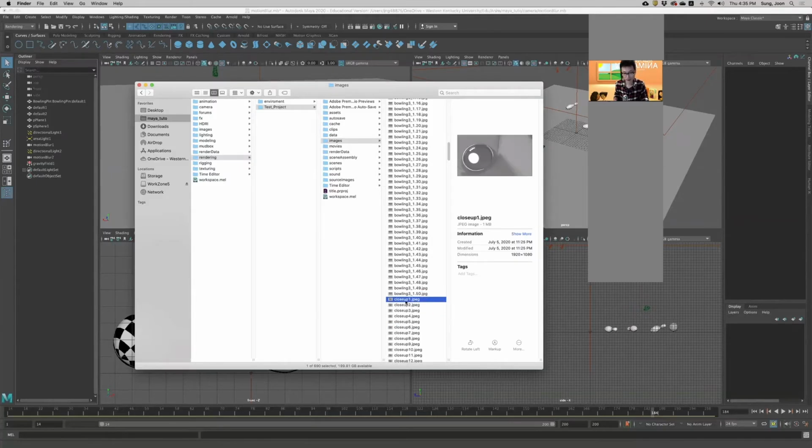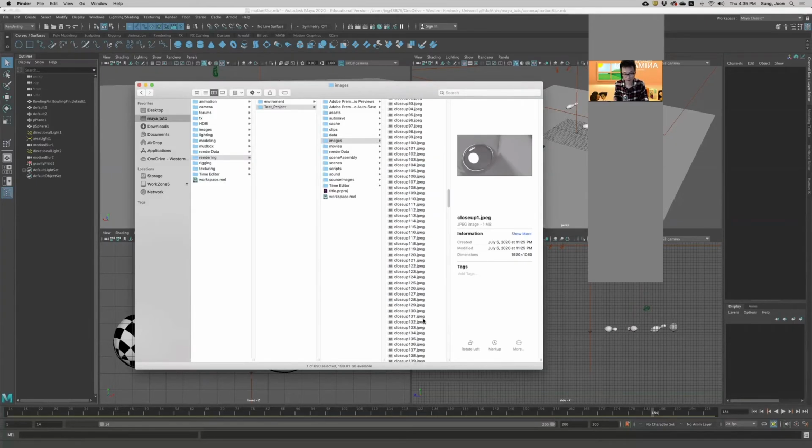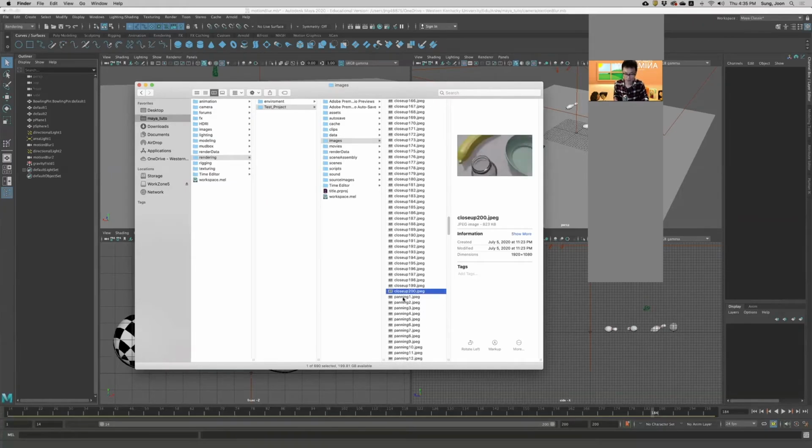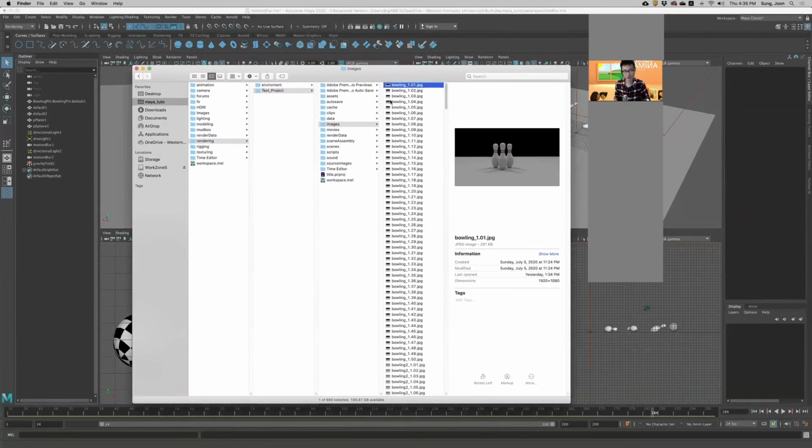And the close-up camera, I rendered a lot, 200 frames. And the panning camera, I used a couple hundred frames. Okay. So if I select these 50 images that I rendered with bowling as the camera name,